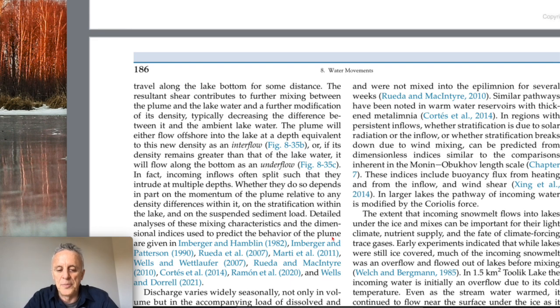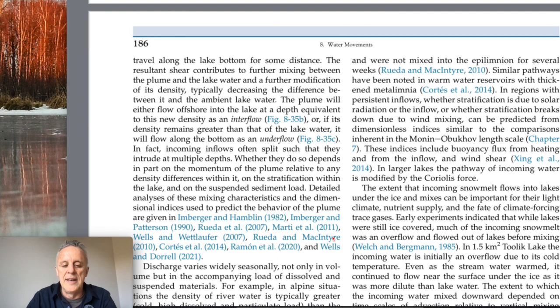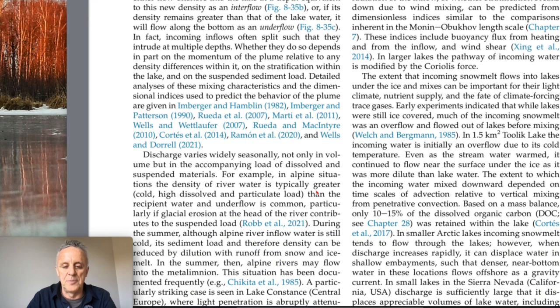Whether they do so depends in part on the momentum of the plume relative to any density differences within it, on the stratification within the lake, and on the suspended sediment load. Detailed analysis of these mixing characteristics and the dimensional indices used to predict the behavior of the plume are given by these authors. Discharge varies widely seasonally, not only in volume but in the accompanying load of dissolved and suspended